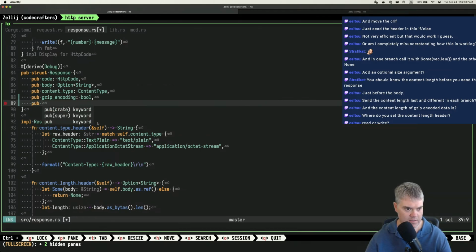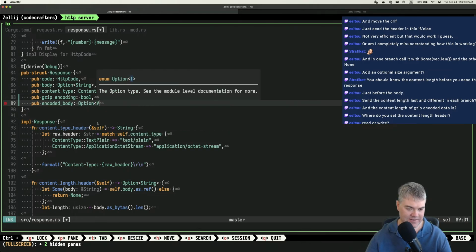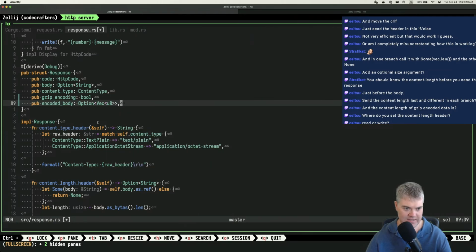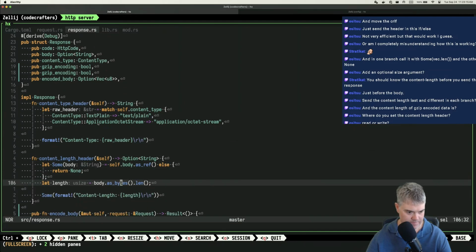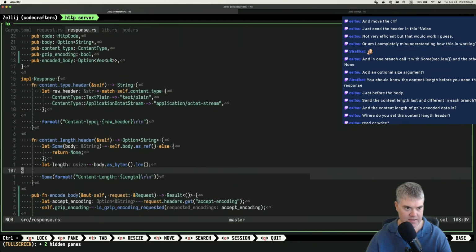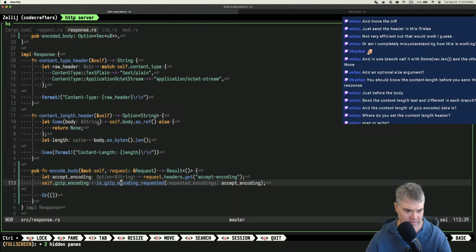So if I do pub encoded_body, that is going to be an option vec of u8. Like that. Then in content length header,